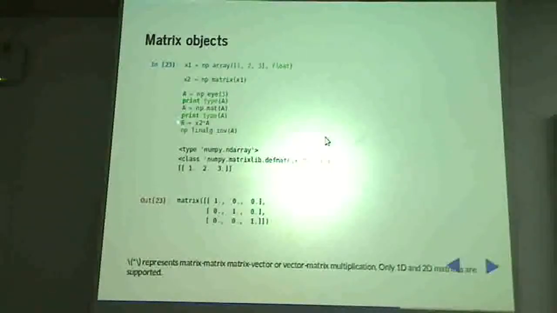I can do operations like B equal to x2 times A. So I am basically doing a matrix multiplication in this case, because x2 is a matrix here due to this line, and A is also a matrix due to this line. I can also do things like compute the inverse of the matrix A. Okay. Note that this is okay for now. I mean, this is a trivial inverse, it's an identity matrix.